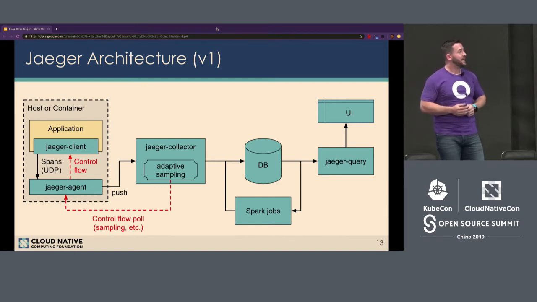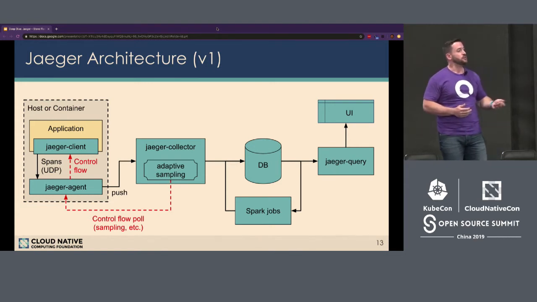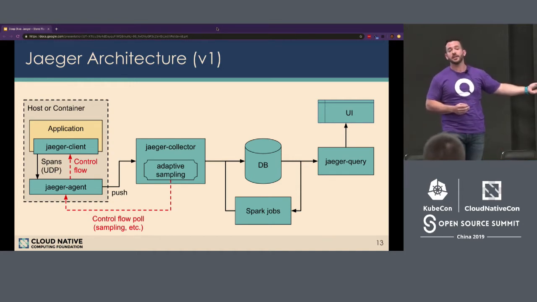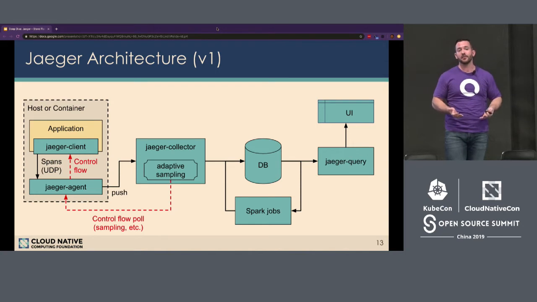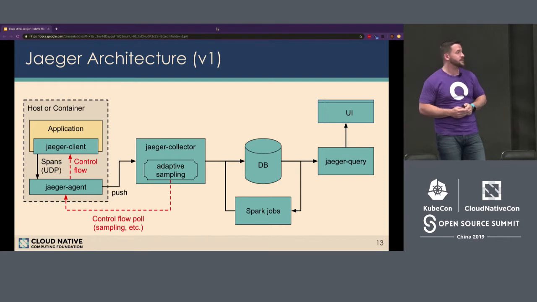Jaeger provides a client or client library as it's known, which can be used to extract distributed tracing data out of your application. It then offers an agent that can run with your application or the host or container that the application is running on. The agent then sends that data to a collector. The collector can then send that to a database of your choice. There's a few selected. I'll talk about them in a moment.